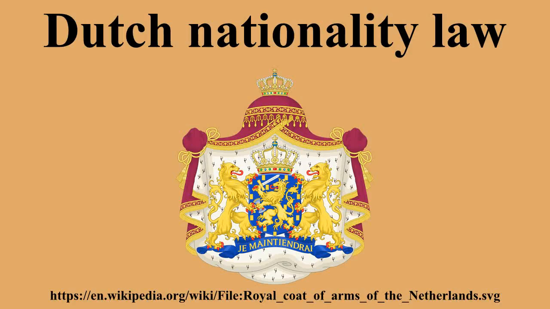In order to be eligible for the option procedure, it is necessary to hold a Dutch residence permit and to be any of the following: an adult who was born in the Netherlands, Aruba, Curaçao, or Sint Maarten, and who has lived in any of these places continuously since birth; a person born in the Netherlands, Aruba, Curaçao, or Sint Maarten, who has lived in any of these places for an uninterrupted period of at least 3 years and who has not acquired the citizenship of any other country; an adult who has been legally resident in the Netherlands, Aruba,